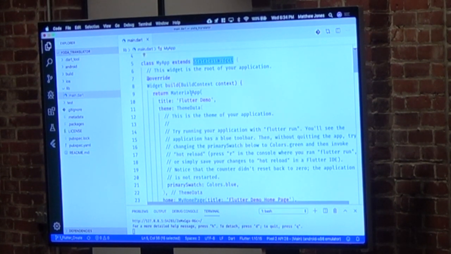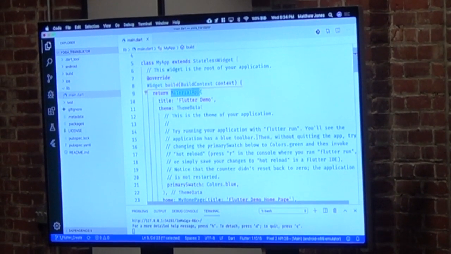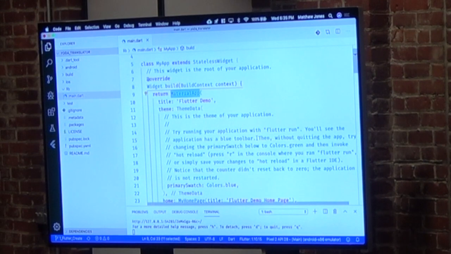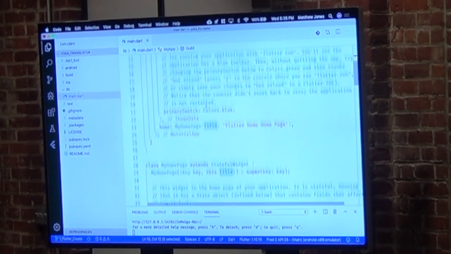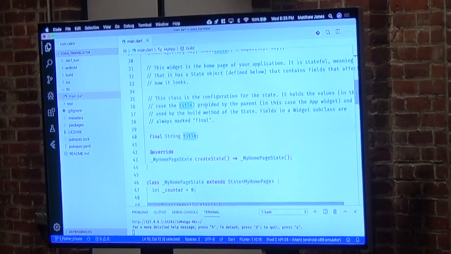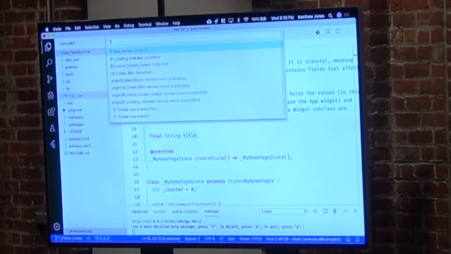And then we've got our first widget, which is the build widget. And it returns a material app widget. And that's just a whole bunch of scaffolding. All the stuff that you need to build an app, it's going to be in that material app. And then we've got our first named parameter here. Remember, that's why I pointed that out earlier. So it just has a title, a theme, and a whole bunch of other stuff. And you know what, I'm already bored, so we're going to quickly move on. Let's move on. We're going to build the most bare bones app that we possibly can.